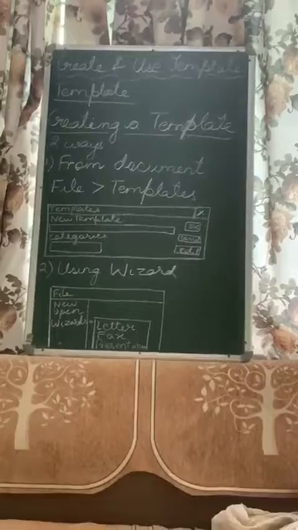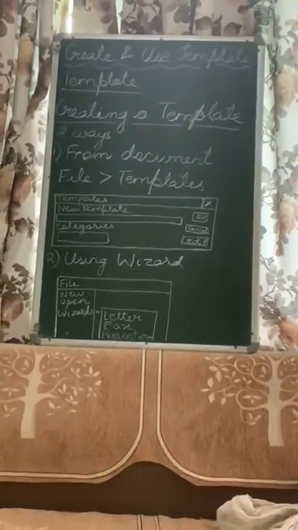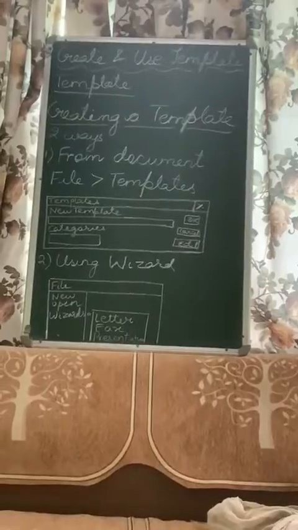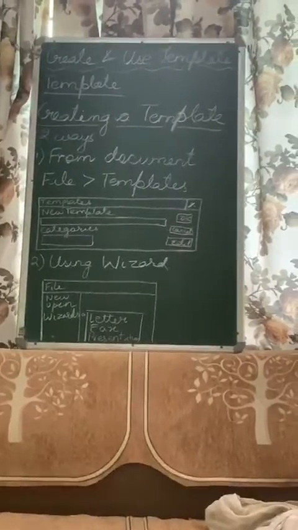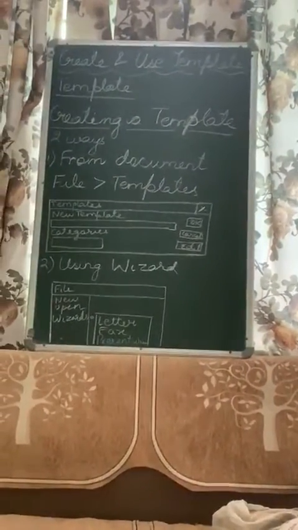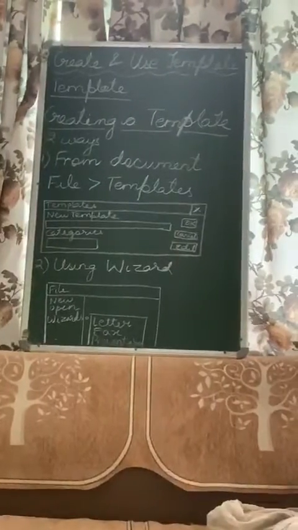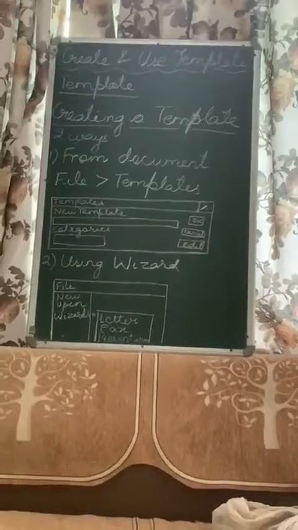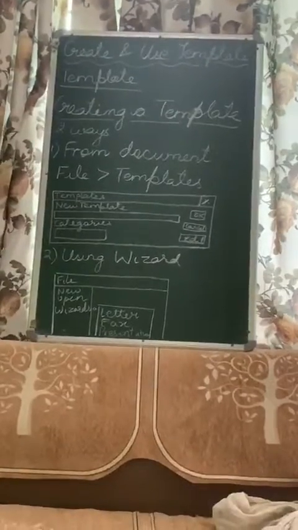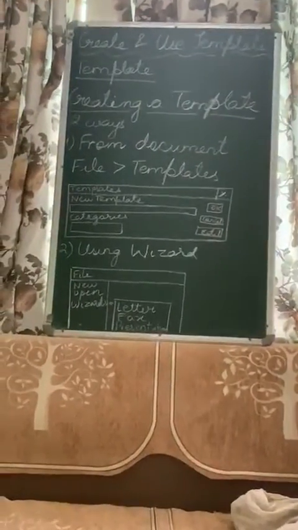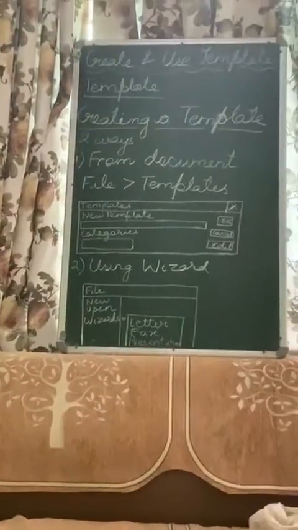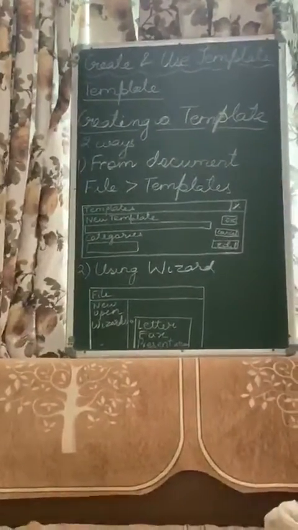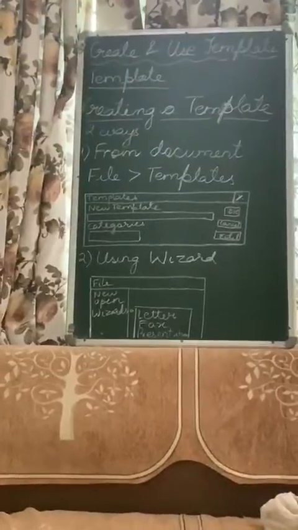They are just samples. You can take from these samples and just by changing certain things, like for example, taking an example of an application. The application format is same, just the date and the reason changes. So where the date and the reasons need to be mentioned, there will be fill in the blanks. You will take this sample from the Word, you will just fill those blanks and your application is ready. So template is a model that is used to create other documents.